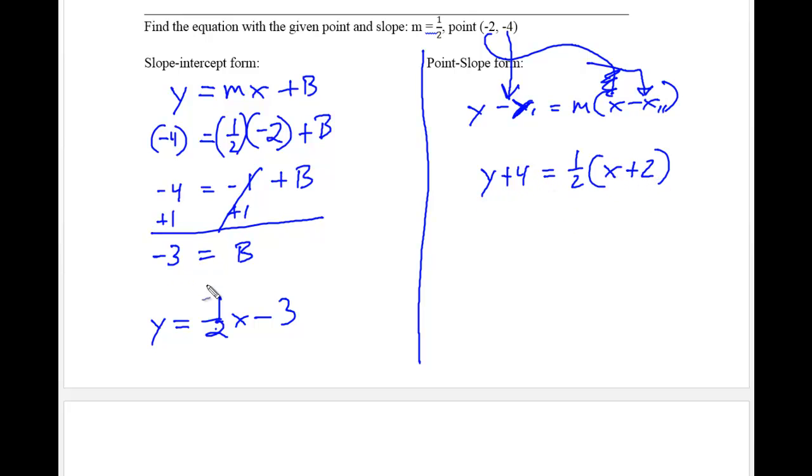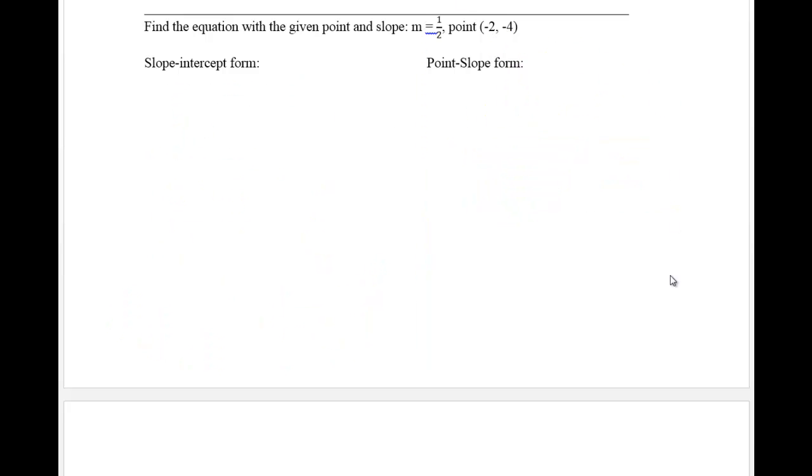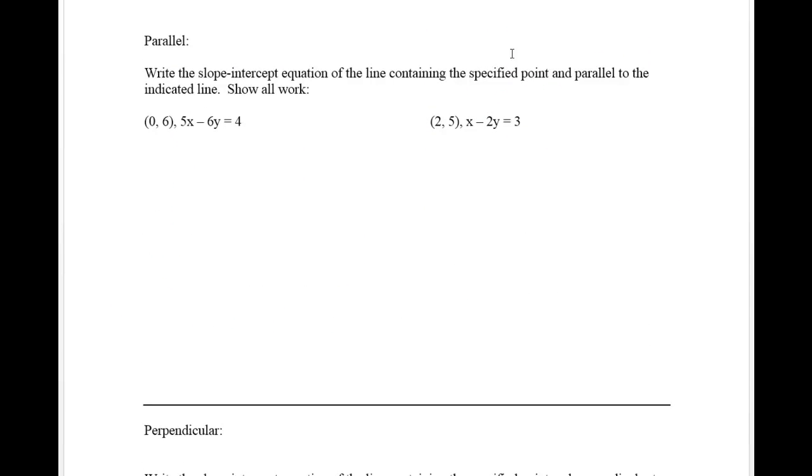And there's my answer for the point-slope form, and here's my answer for the slope-intercept form. If you distribute this and then add 4, you will get the same answer as you will in the slope-intercept form. All right, so now we're going to move on to 5 more problems here, and 2 of them deal